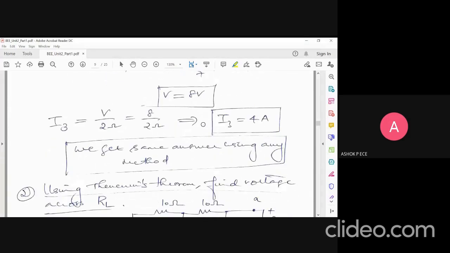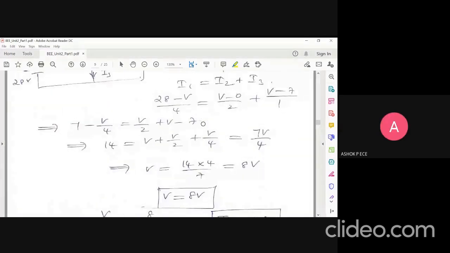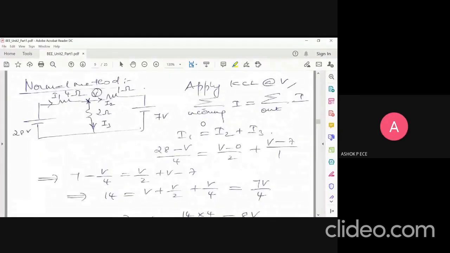Shall we go to the next problem? Yes, sir. Anybody wants some more time? See, again, this material is uploaded. Even if you feel that I'm moving a little bit fast, you can download the material at any point of time. You know how to apply KVL and KCL. So you can solve it by yourself, and you can take the additional time after your regular timings, and you can complete the answer.